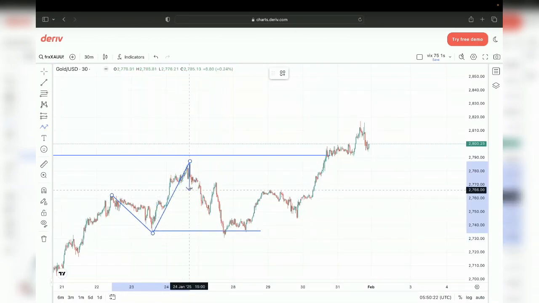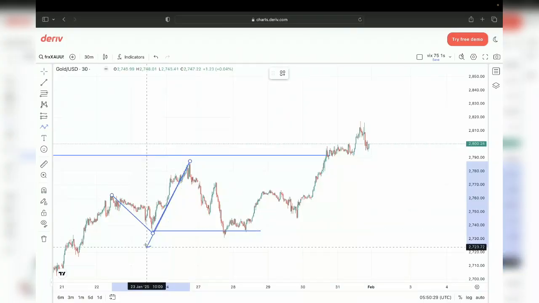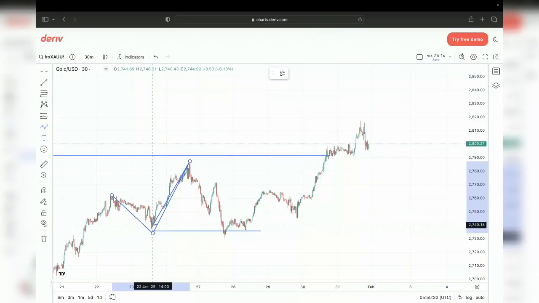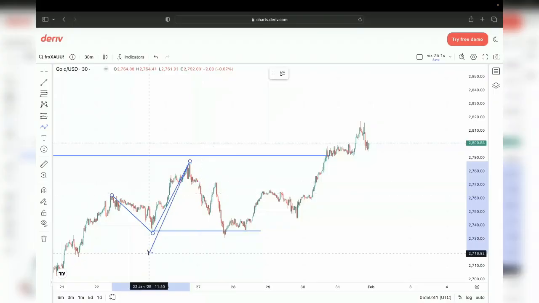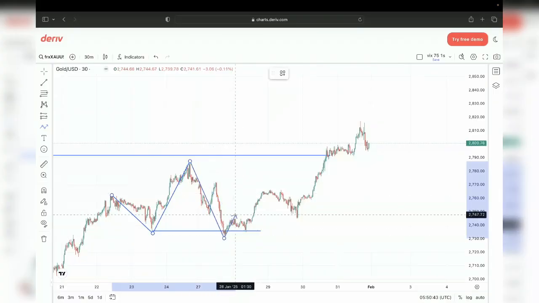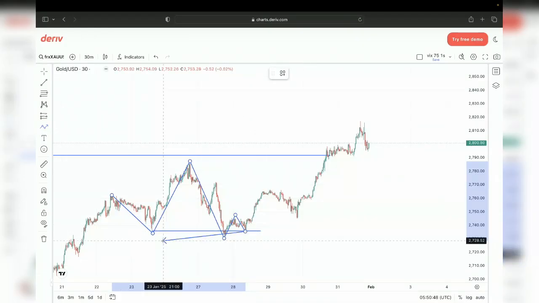And I told you, you have no business entering directly. People on Twitter took a very stupid loss trying to enter directly from here. Why should you enter directly from an inducement just because it has a sweep? Doesn't make any sense. You don't have to lose before you win. It just went up and then it came down. So this entry does not have a valid